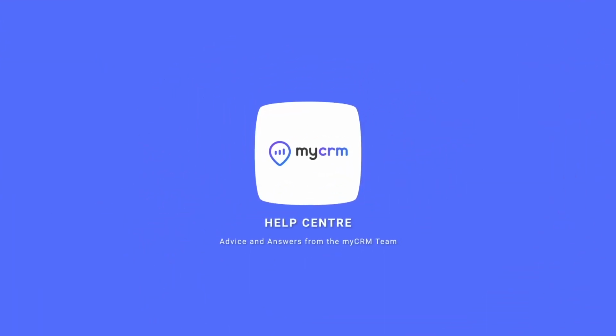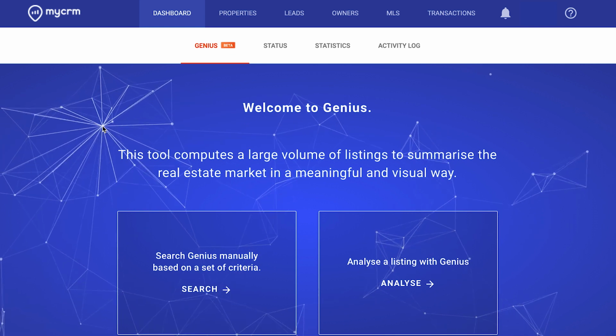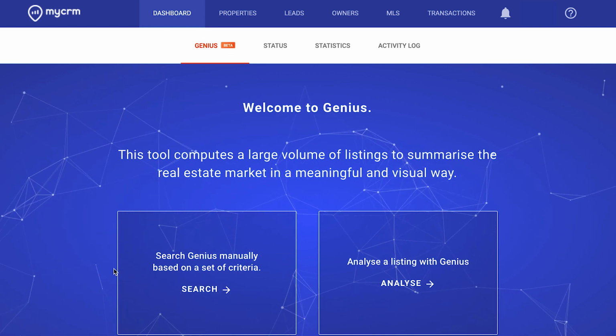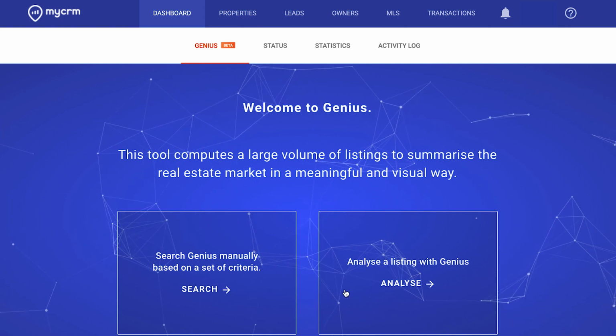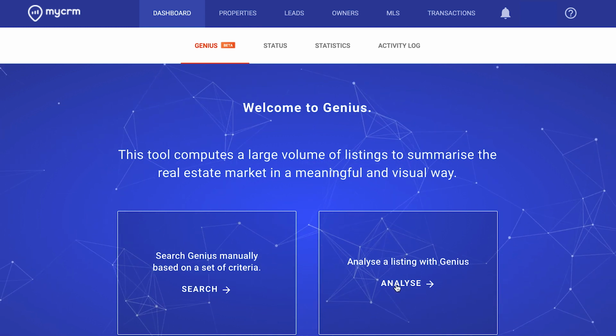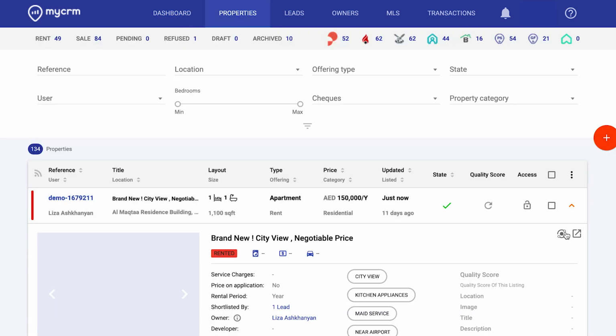By the end of this video you should understand what Genius is, how it works and how it will help you. Genius is myCRM's business intelligence section designed to deliver market analysis within your own myCRM account. There are two main ways to access Genius. One, by finding Genius within the dashboard main tab, or two, by clicking on the Analyse with Genius icon on